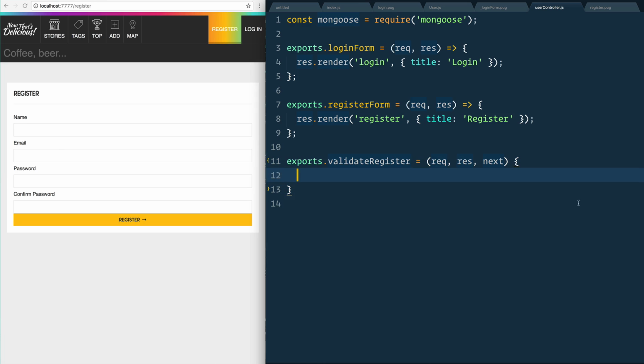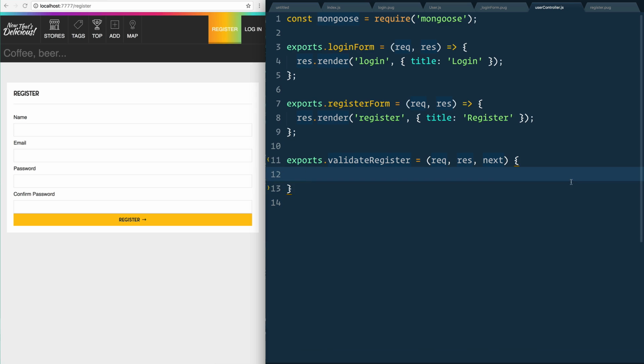So the first thing that we want to do is sanitize their name, make sure that they're not trying to sign up with any sort of script tags in it. So we'll say request.sanitizeBody name. And now, hold on. Where did this come from? Is that like an Express thing? Is that built in? How come I just pulled that out of nowhere and now I'm just using this